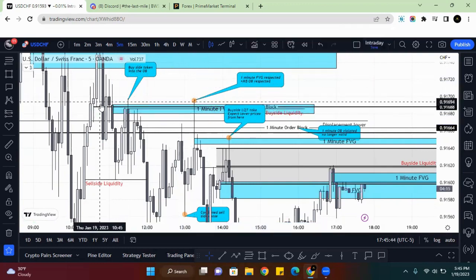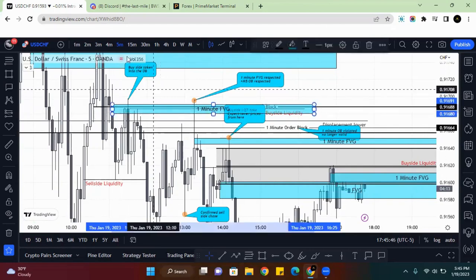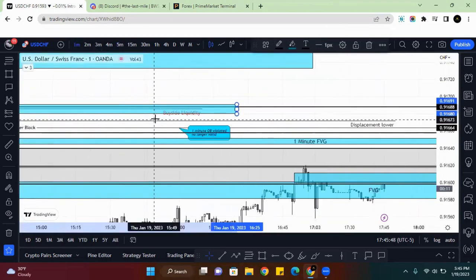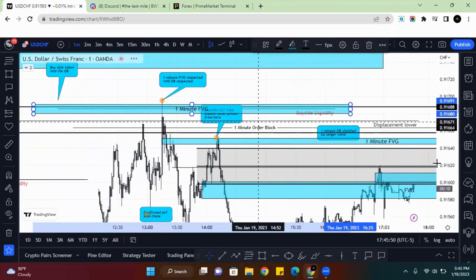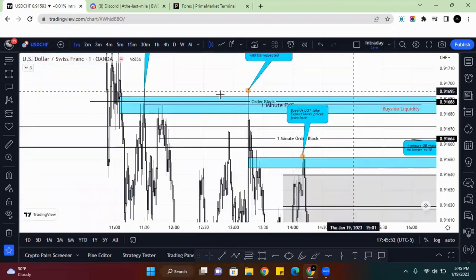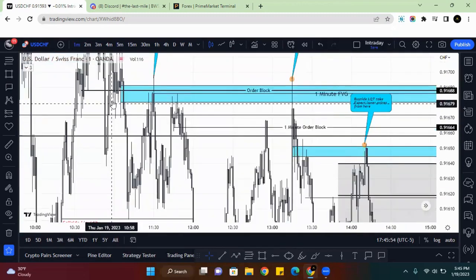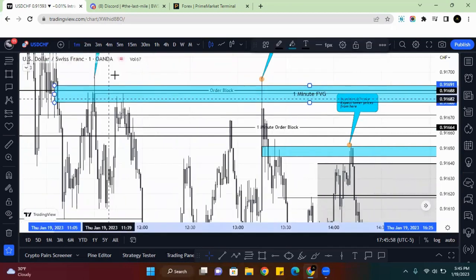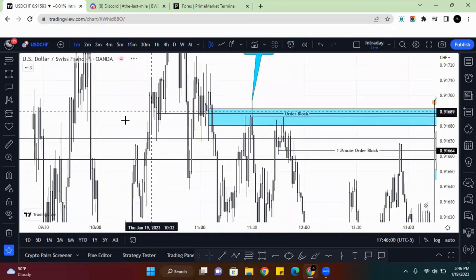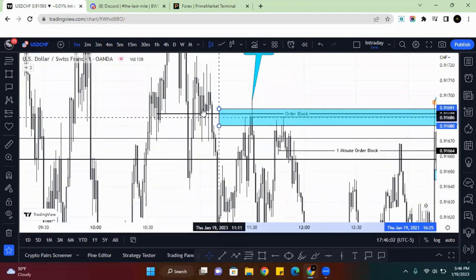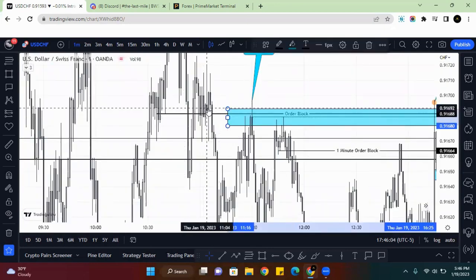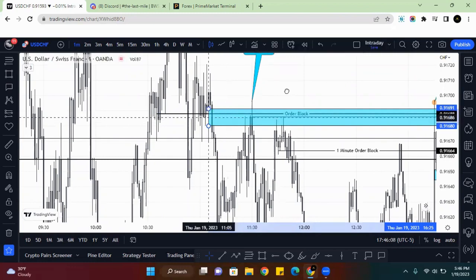It basically filled this 1 minute fair value gap, and I'll show you that. I know this looks very crazy, but after you've marked everything up that's happened, I just focus on one part at a time, right? You can see this fair value gap between, where is it, let me move this over a little bit, between this candle's close and this candle's open. There was a fair value gap. Drop a one in the chat box if you can see that.